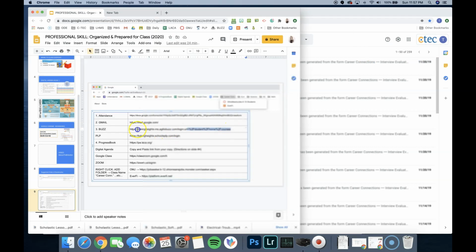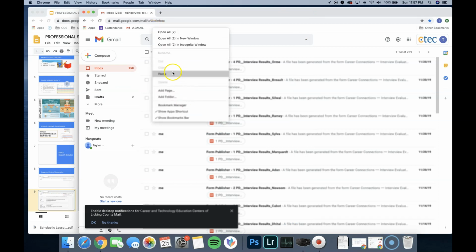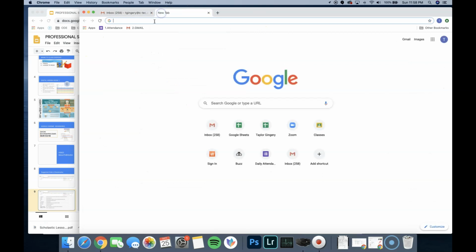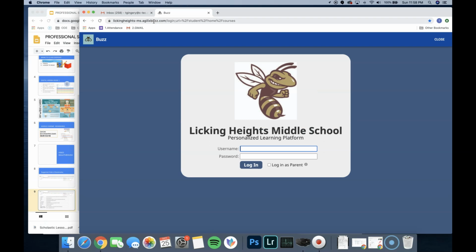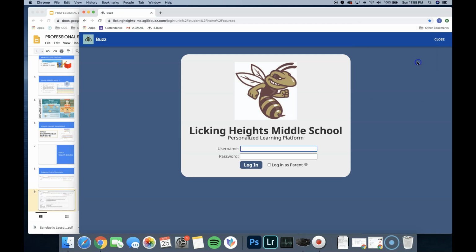The third thing you need is Buzz. We are using that every day currently. Oops, I keep right clicking on that. I don't know why I do that. So moving on to this one, and I'm just going to again label it 3.buzz, and I'm going to make sure it's on my bookmarks bar,